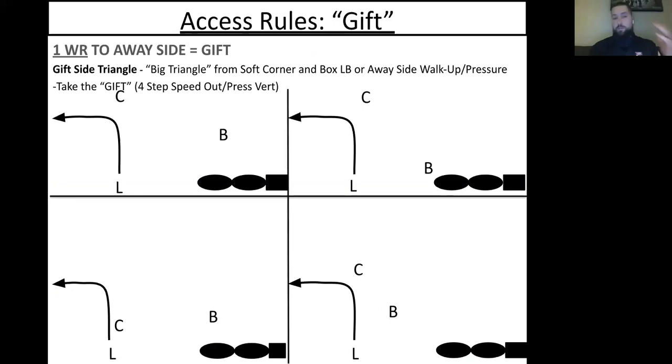Now, something we use to help give our quarterbacks an idea of when we are looking to take that access, and give them something more concrete other than just him saying, well, I thought I could complete the ball, so I threw it out there. We try to make it a little bit more concrete. So we talk about gift side triangles. The triangle is the receiver running the gift, the corner over him, and the first, second, or third level player inside of him. And we say, if you've got a big triangle, right, you've got a soft corner and that linebacker's in the box, we like that. Go take that thing.